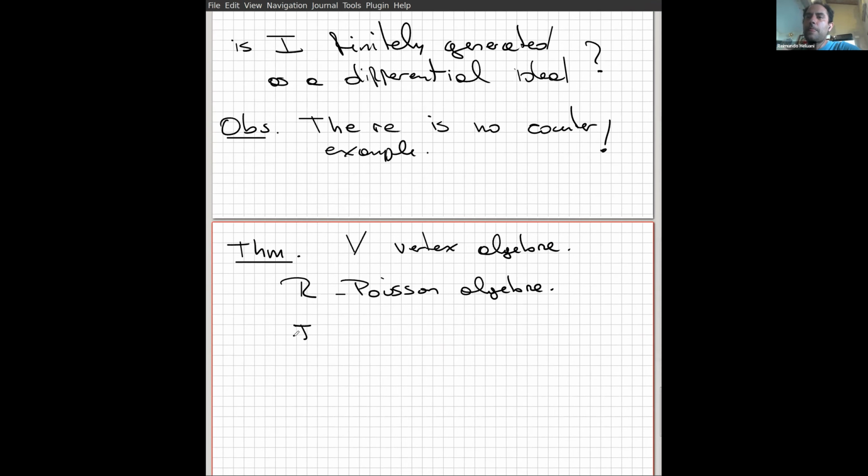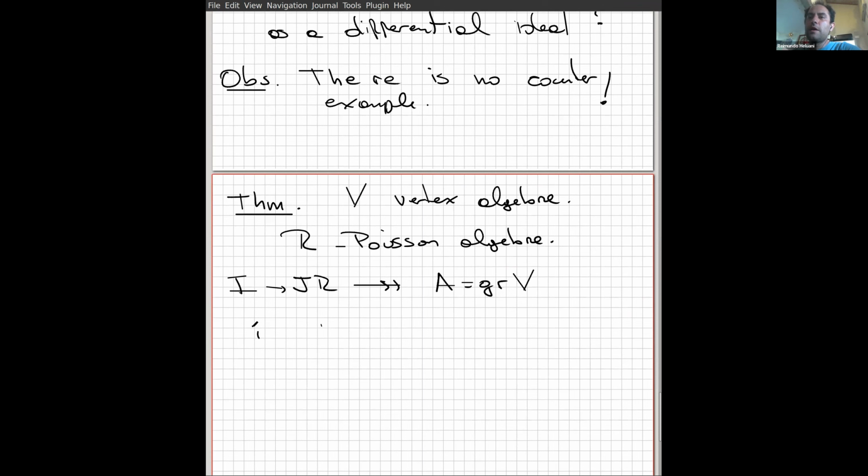We have JR mapping to A, the singular support, the associated graded of V, which is a surjection. Let me call I the kernel. So if the Poisson homology of R, now that this is a Poisson conference, is finite dimensional, and I is finitely generated,